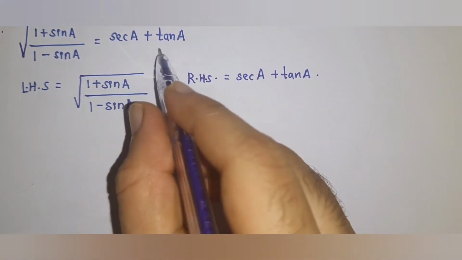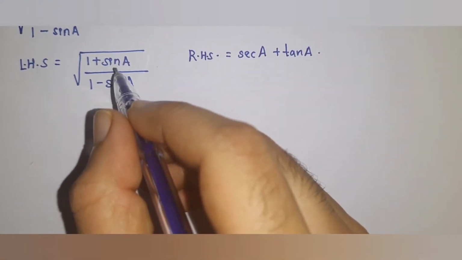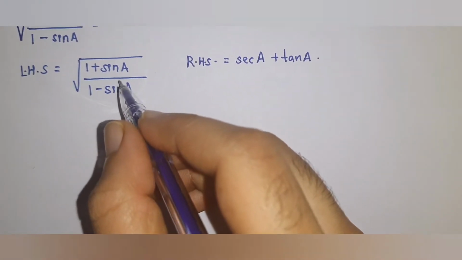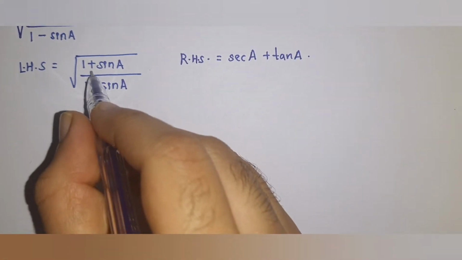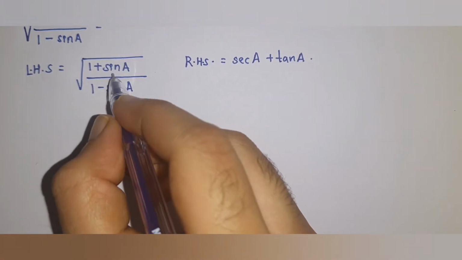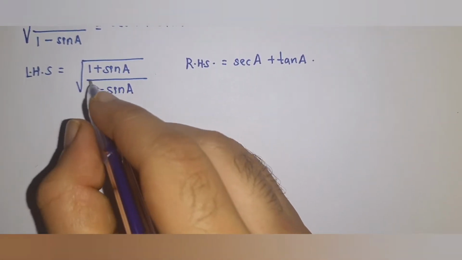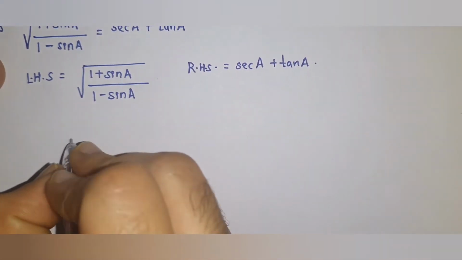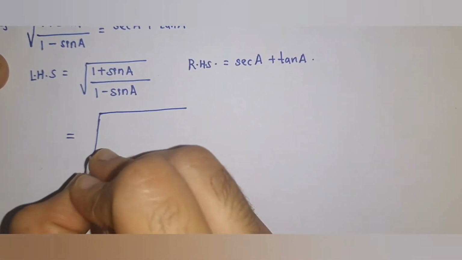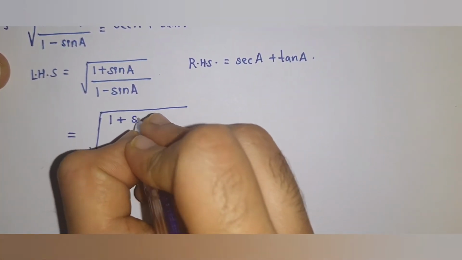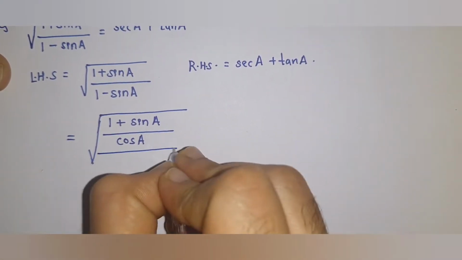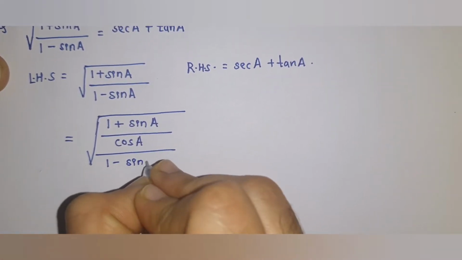In RHS we have sec and tan terms, so we have to convert this sine into sec and tan terms. So for this conversion we can multiply and divide by root of cos of A in numerator and denominator. So we get, completely taking square root, (1 plus sin A) divided by cos A, divided by (1 minus sin A)